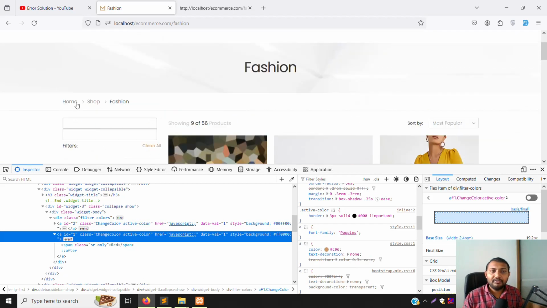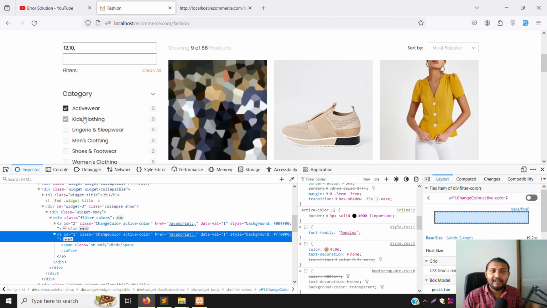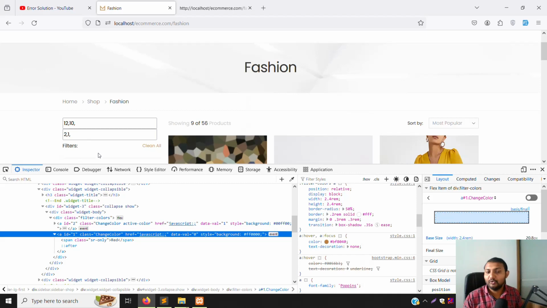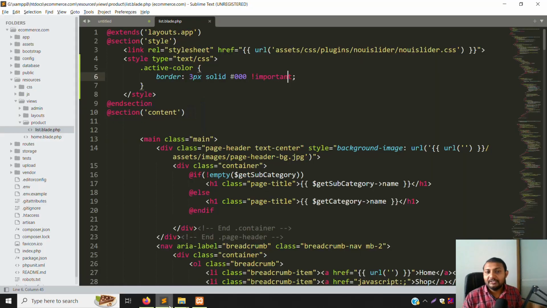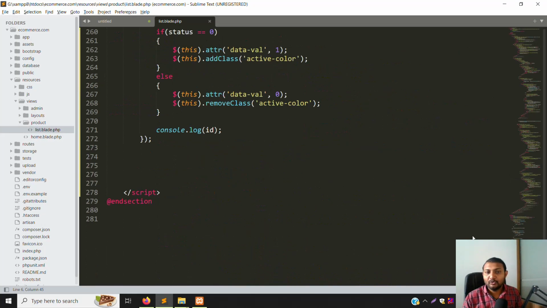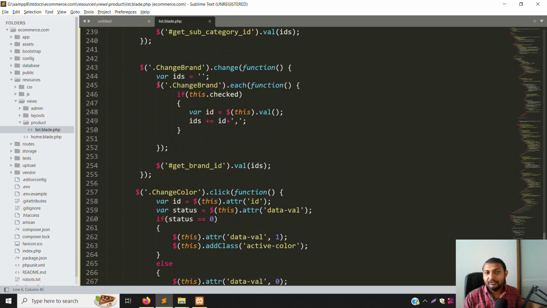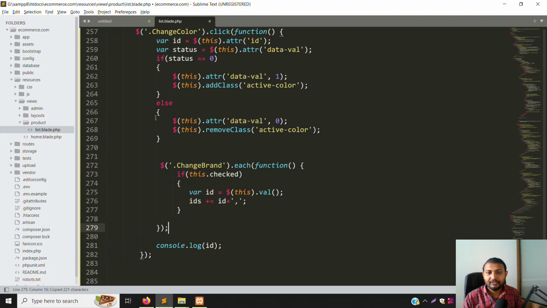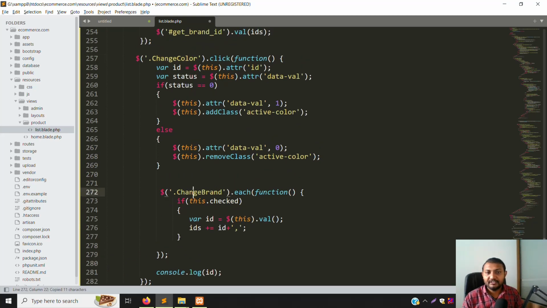Okay, so same thing, we need to use an input box here, like we did for category and brand. Same thing, what we selected as colors we need to show here. So how can we do it? Same thing, a for each loop, inside the bottom. So just copy this one and put it here. Okay, here you can change it to colors, and also you can get the status, same thing we did here. You can remove this one, the if loop, we don't need it,